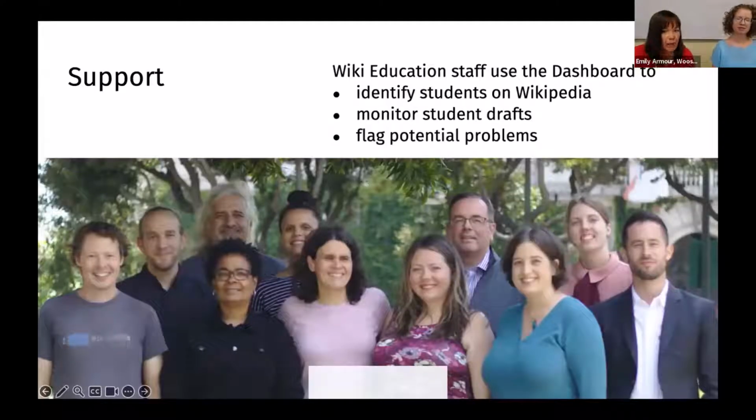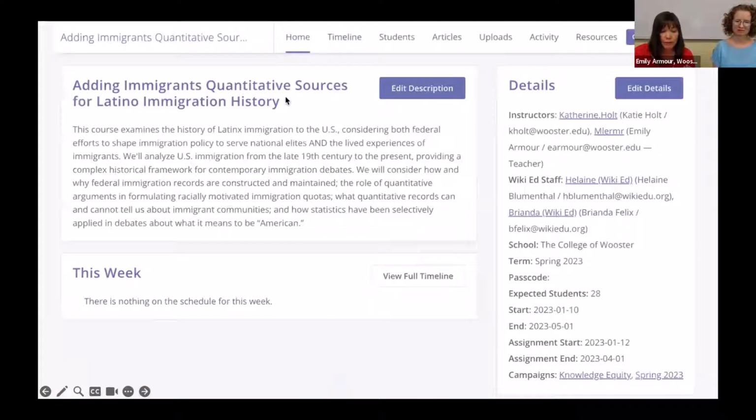Then there are real live people who work at the WikiEDU staff who also can monitor the progress, and they can even flag potential issues. And when you see your course dashboard right there on the right-hand side, you can see that there are those 2 women who have been assigned as staff to help Katie with her course,